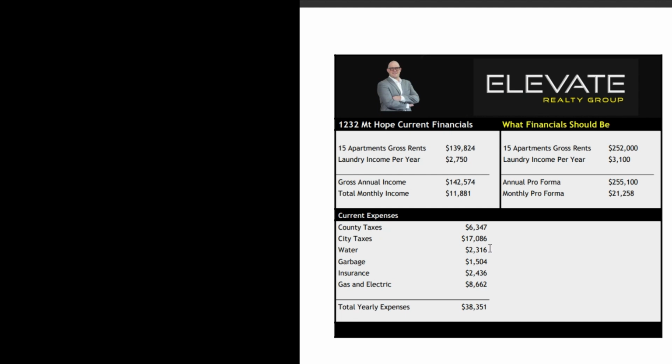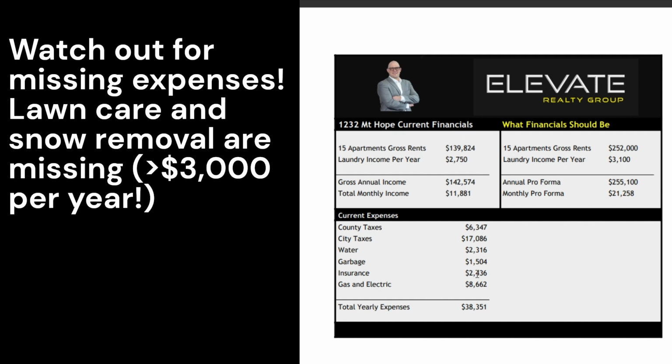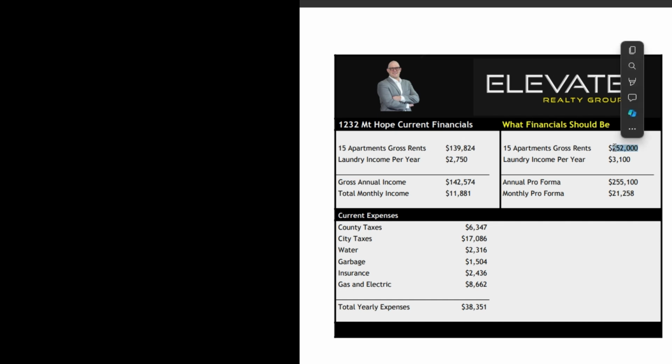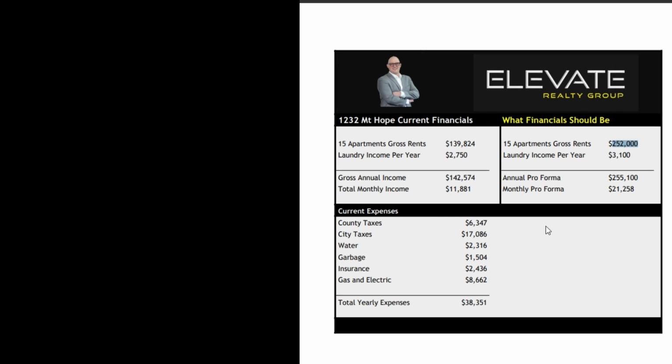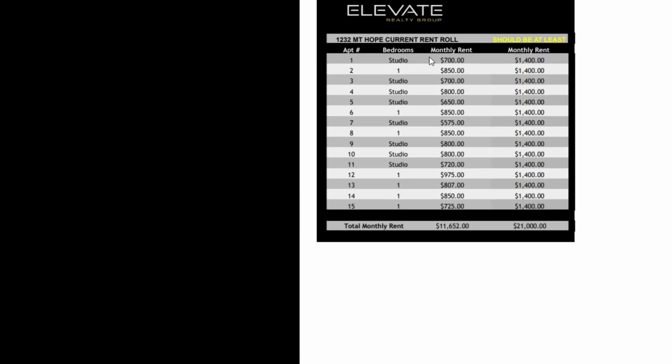Here we can see that our taxes are here, our utilities, water, garbage, and gas and electric are here. Insurance is make-believe. I'm not even going to put that in there. They also have what you think they can sell. They're always going to try to sell you on this price. That's also make-believe because they're going to go through each one of your units, and they say you can monthly